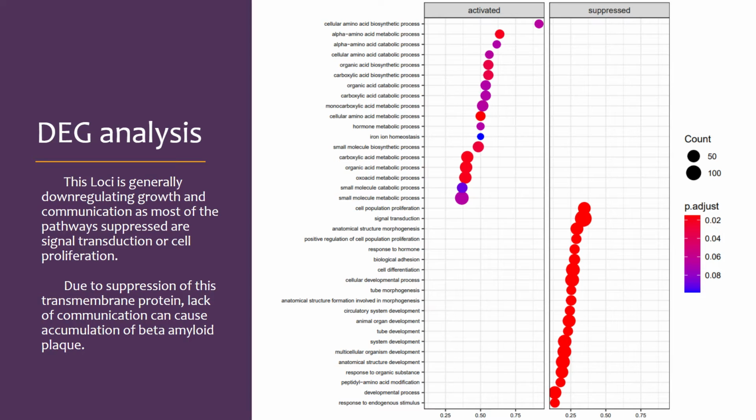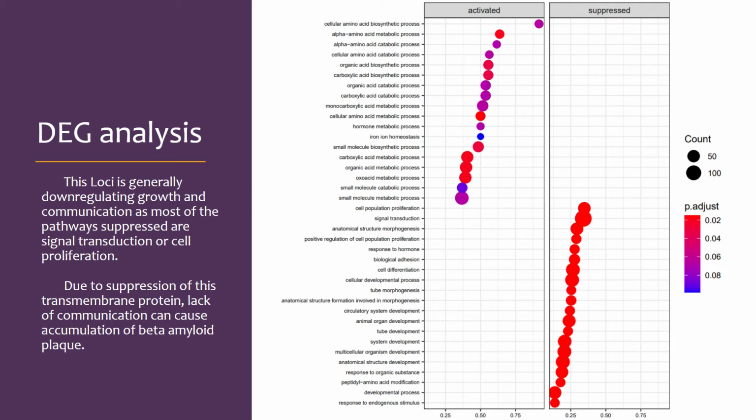And the results of DEG analysis are like this, and you can see that most of the pathways which are activated are like the amino acid biosynthesis process. These are related to the biosynthesis and the catalytic processes here. The hormone metabolic process, iron homeostasis, and cellular amino acid metabolism pathway, the carboxylic acid or organic acid biosynthesis pathway, and the